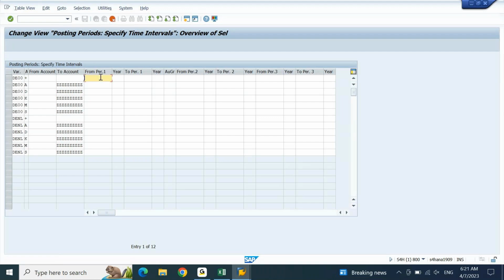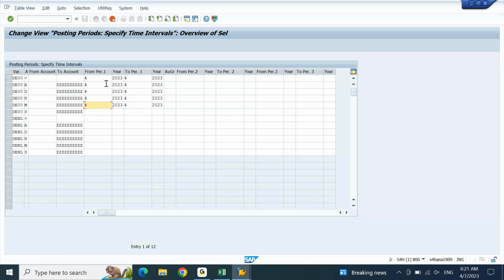Okay, so for DE00 we are going to use it for leading ledger January to December. All the entries that I am going to record now are in the current month April. According to leading ledger Jan to December, April falls under period number 4. I'll keep only April opened here. April 2023 to April 2023. Now I'll copy this. I'll paste here,